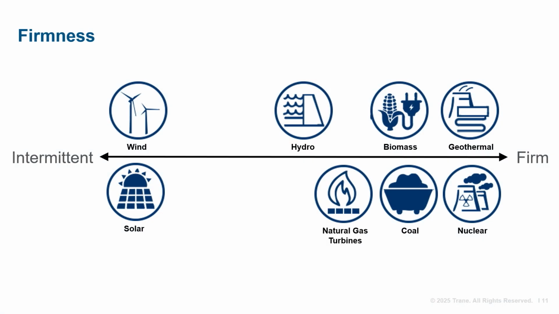Now that we've introduced the major grid resources, let's discuss three of the most important concepts characterizing these resources: firmness, dispatchability, and emissions intensity. The first characteristic is firmness. Firmness refers to the extent to which the amount of generation can be predicted in advance. For example, wind and solar both depend on weather patterns that cannot be predicted exactly, so they are intermittent or not firm. However, resources like nuclear and coal produce an exact amount of output electricity per input, so they are